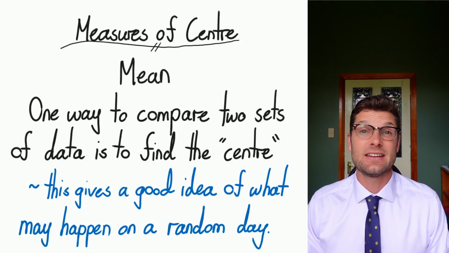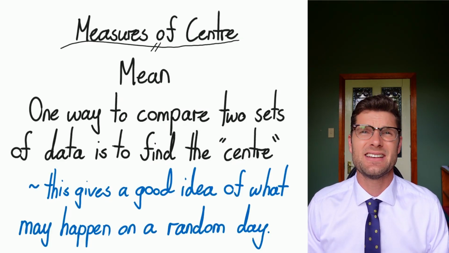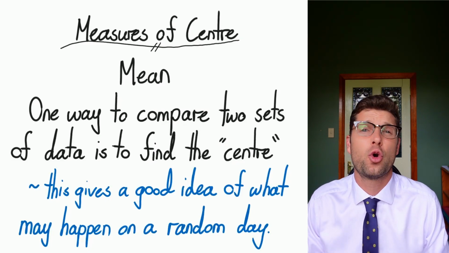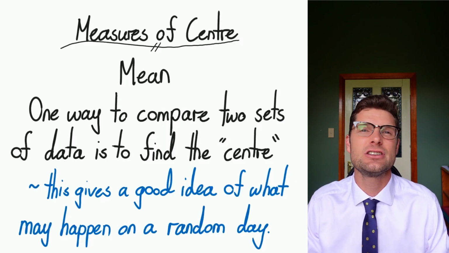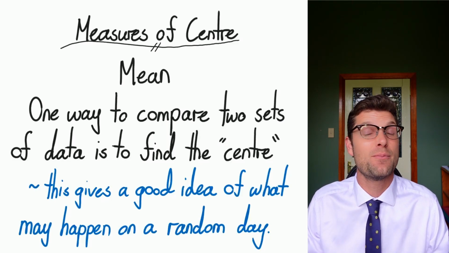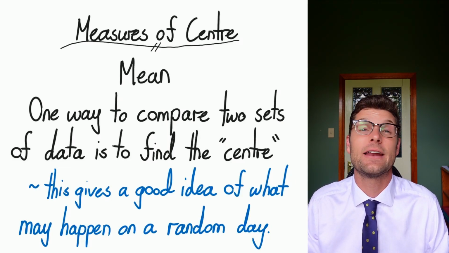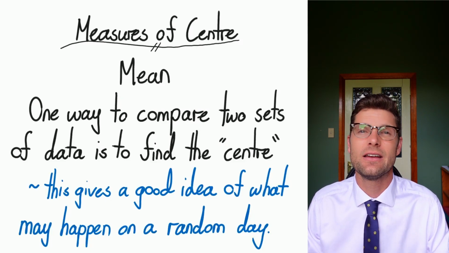Finding the measure of center helps me if I pick someone from my data set at random: what could happen? What would be most likely to happen if I did this thing again? It'll tell you something that's occurring in the middle of your data set, and it's a good way to get some information really quickly from one number.